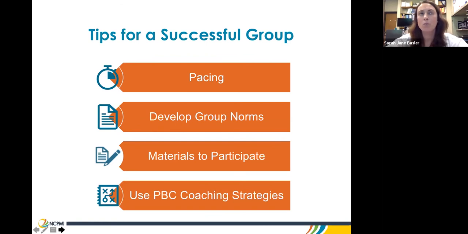But with a group that size, it wouldn't always be feasible to have everyone share. And it's really important that teachers get to watch the videos, do the reflection and feedback, and have time to plan. If they didn't get to plan, then they wouldn't have a practice to try in their classroom, or something to work on between sessions. So we always wanted to make sure we had time for that.